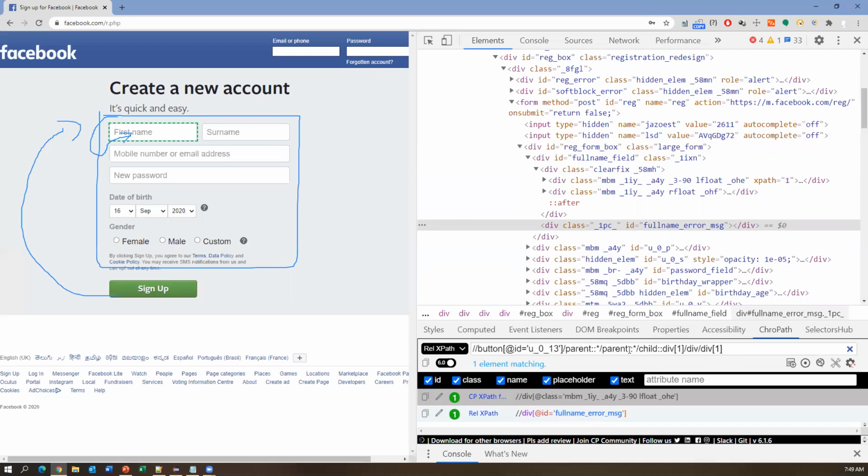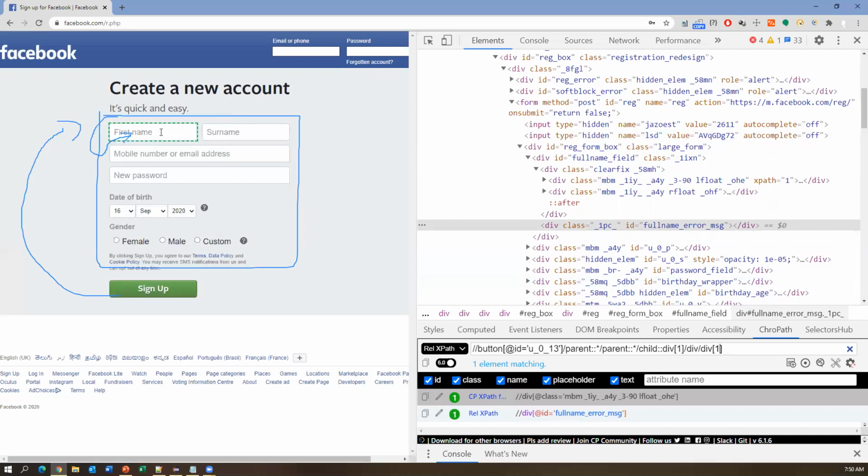So this is how we can navigate through elements using XPath axes. From where we started, the sign up button, we went to the first parent, and from there again to the main parent, that is a form. Inside the form we went to all the child elements, and from the child elements we navigated to multiple div tags.